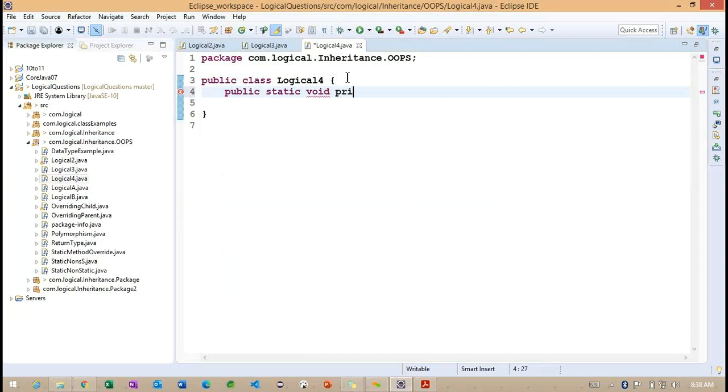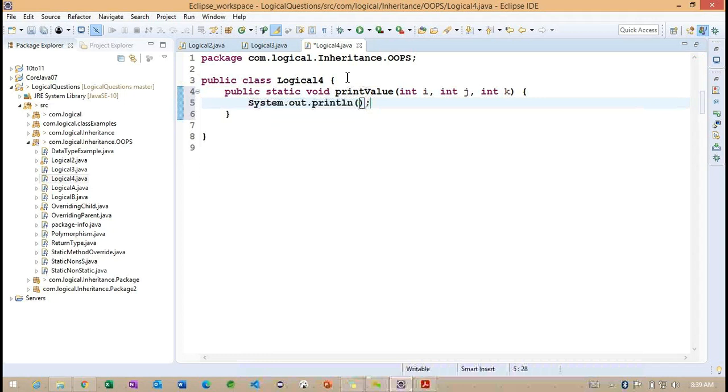So public static void printValue(int i, int j). So we are having three parameters, right? I want to print here the type called integer, and same way